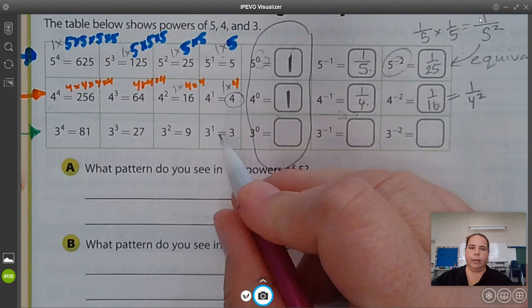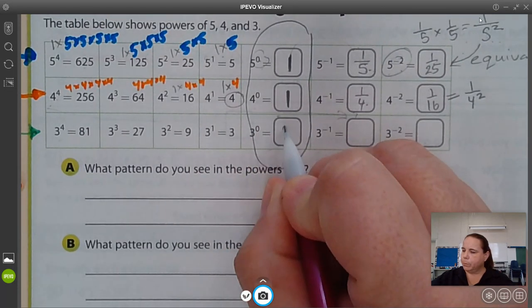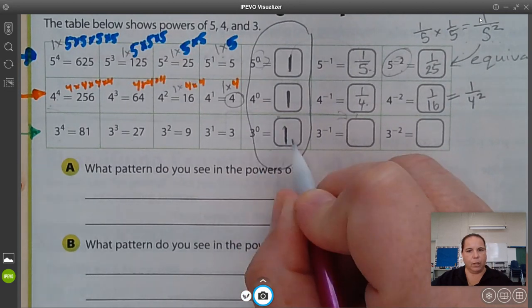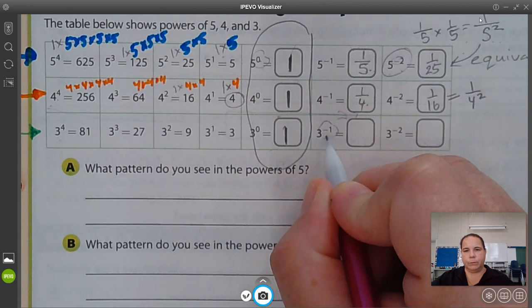So hopefully you were thinking, okay, I see this pattern now. Anything to the 0 power is 1. We're multiplying 1 times nothing else, just 1. This means not multiply by 3, but divide